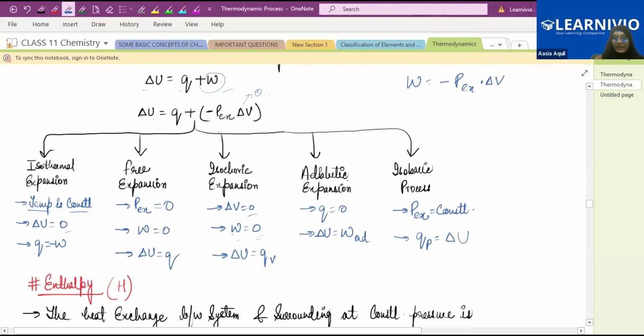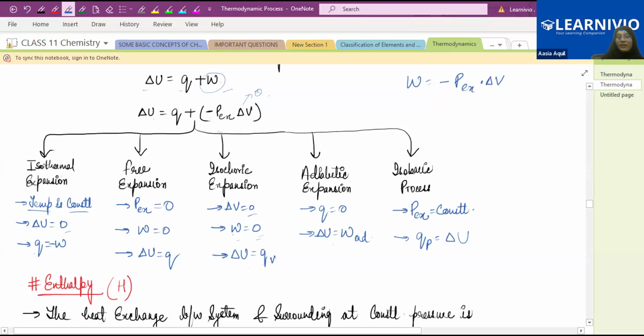Fourth one, adiabatic expansion. So adiabatic means there is no exchange of heat, so heat becomes zero. If heat becomes zero, then delta U equals W adiabatic. Work done is adiabatic work done. Okay. Isobaric,